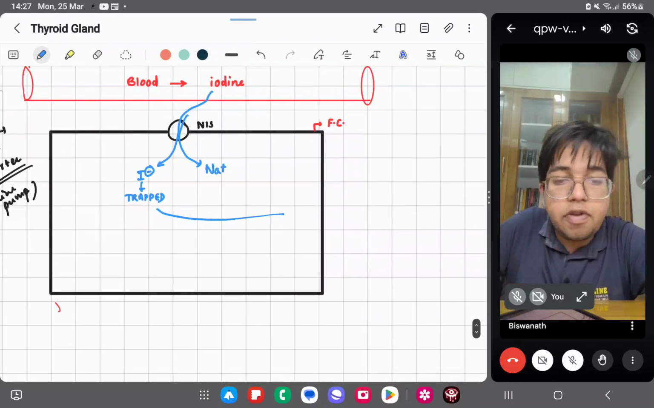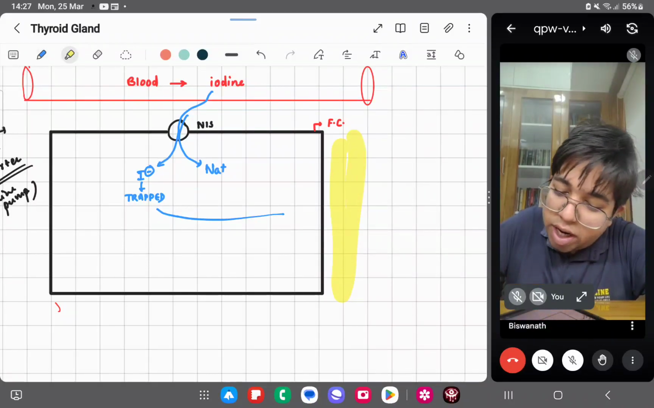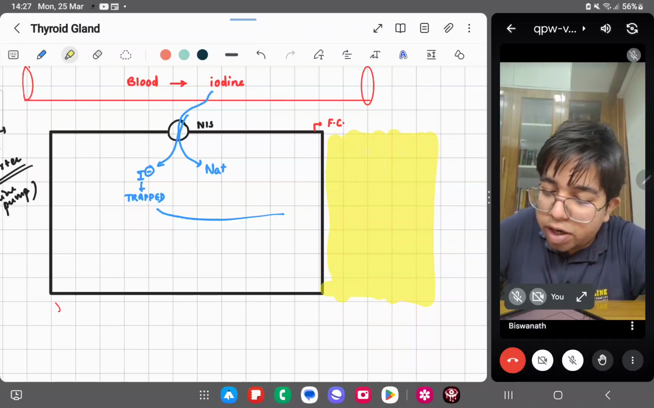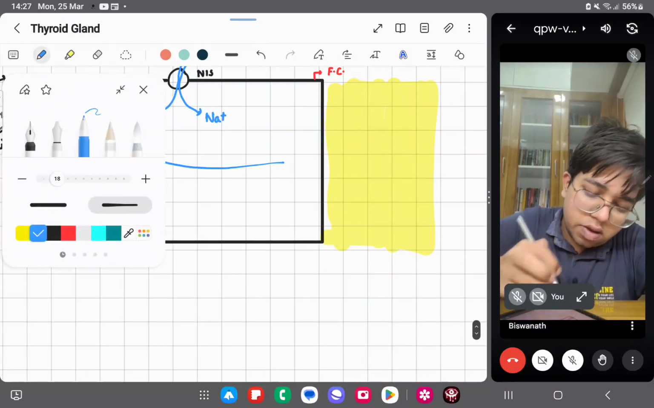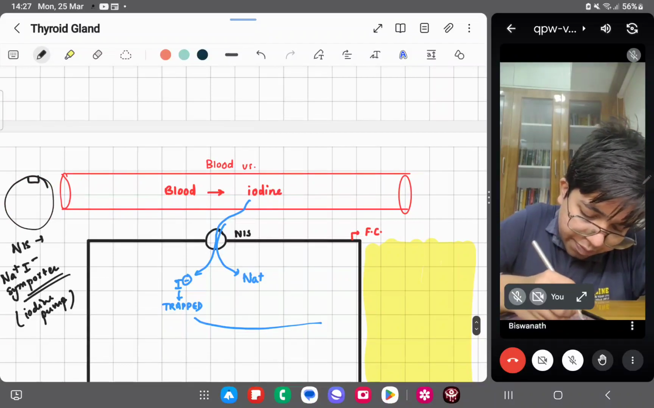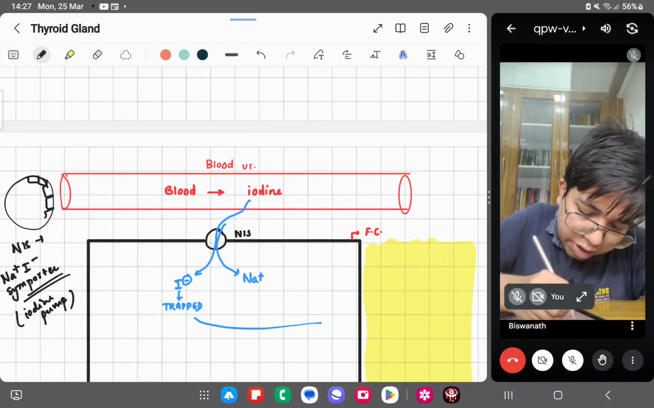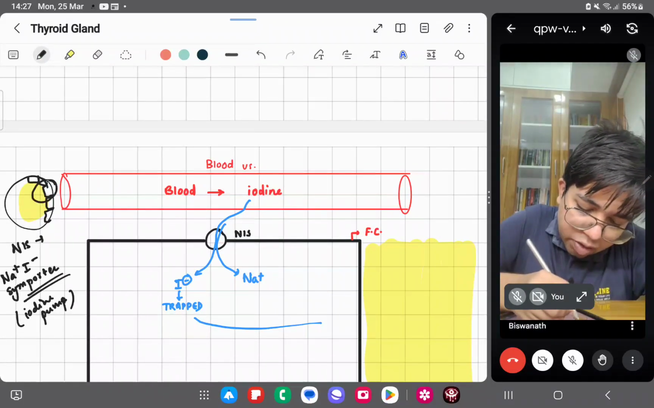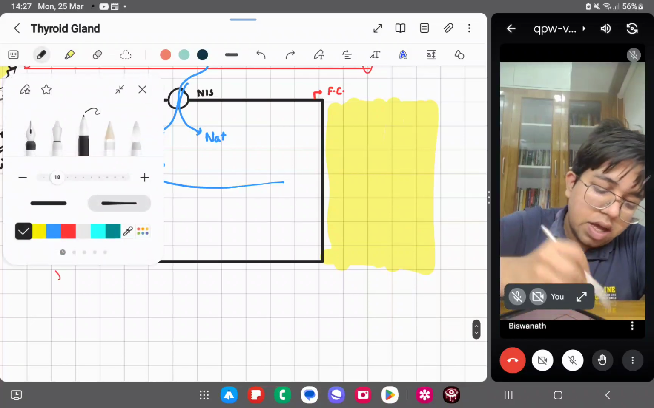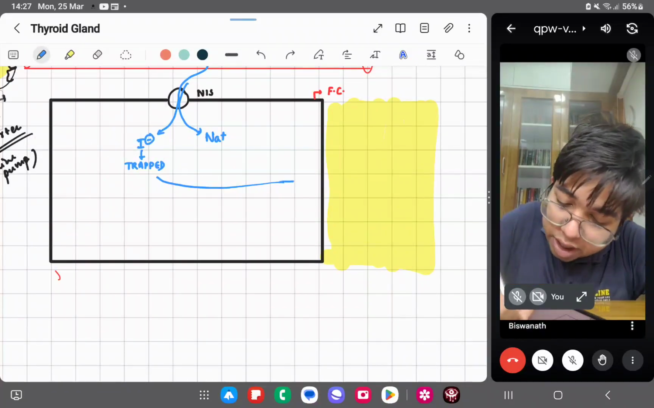This iodine which is trapped is basically released into here. If it is a follicular cell, you'll have your colloid in this part, right? This is one follicular cell. If you have not understood this, let me draw it. These are your follicular cells. This is your colloid. So basically, we are looking at this region. If this trapped iodine comes here,